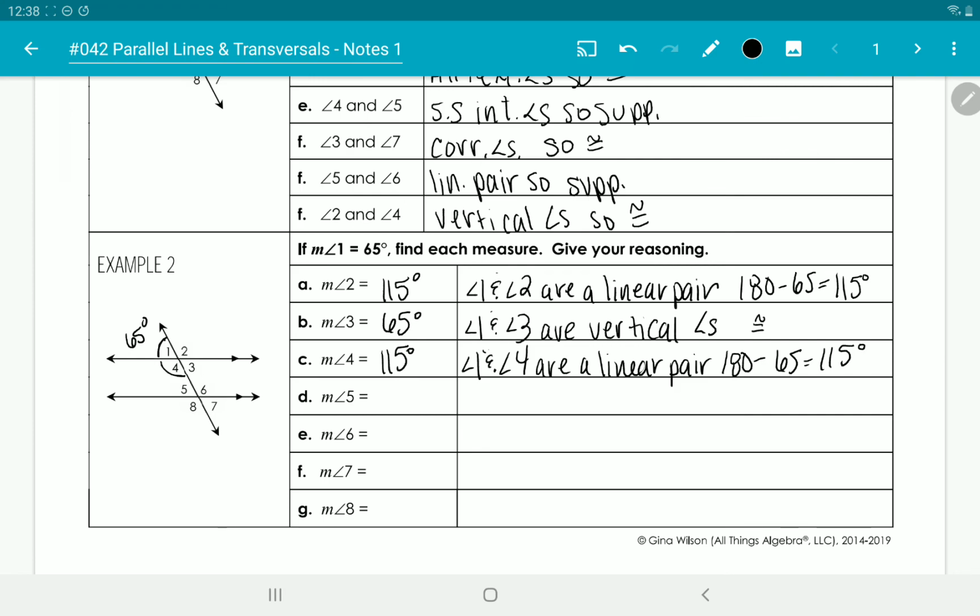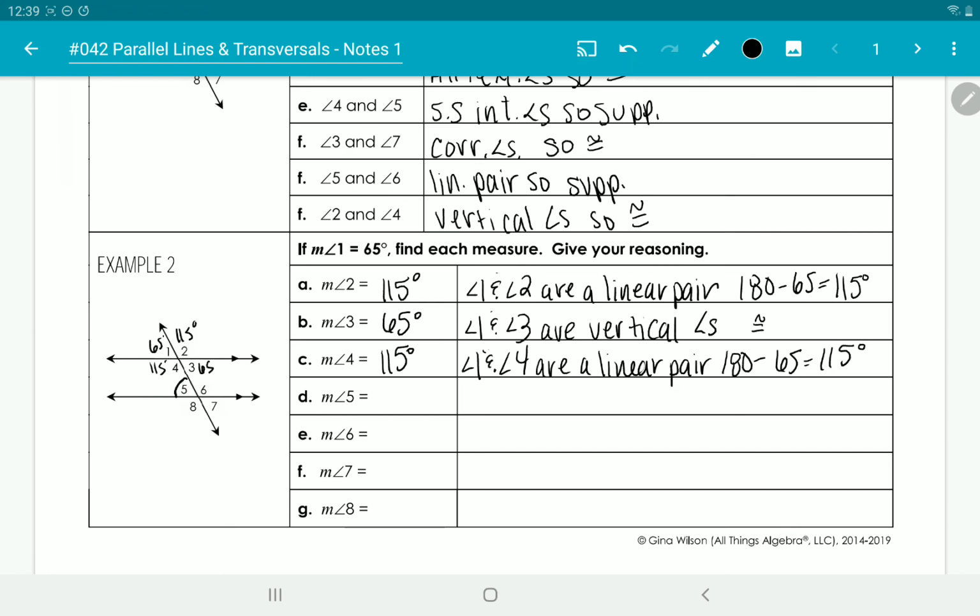So now that we have all of these, so we've got 65 degrees. This one's going to be 115, 115, this one's 65. Okay, I'm actually not going to erase the numbers, so we're going to need those. Okay, so now we can look at